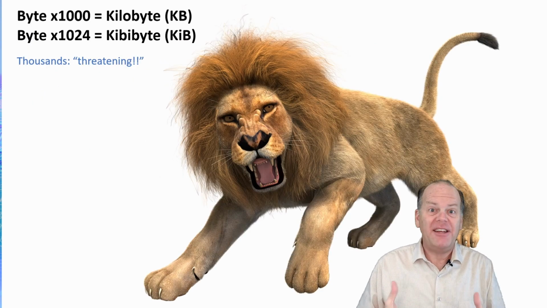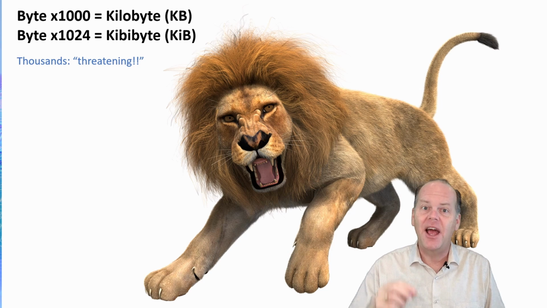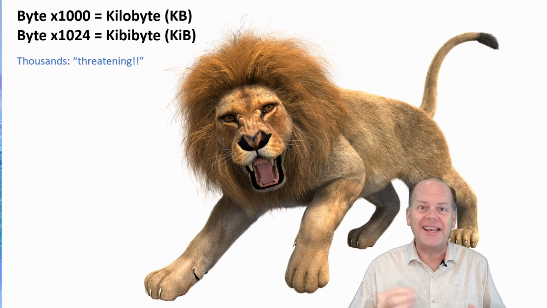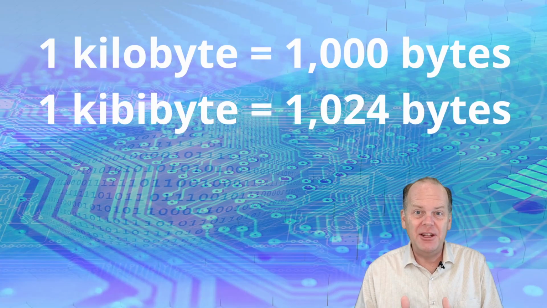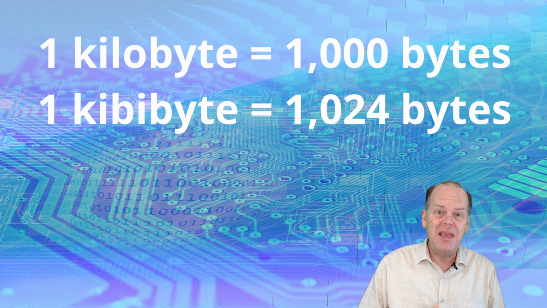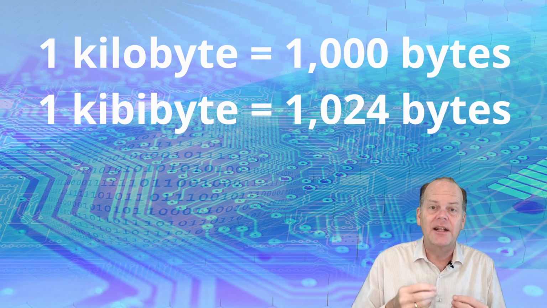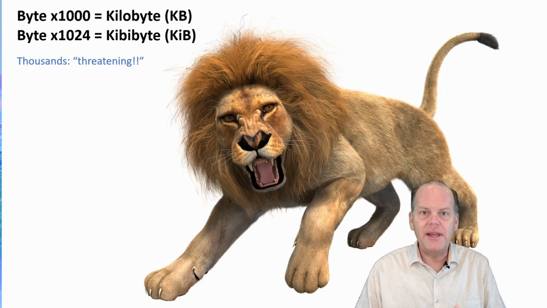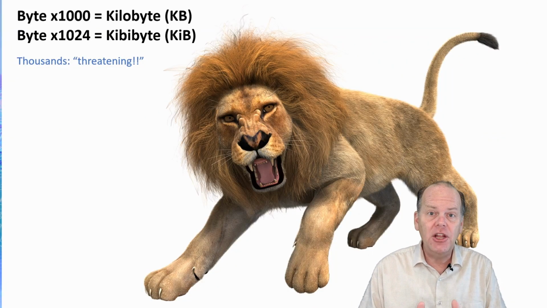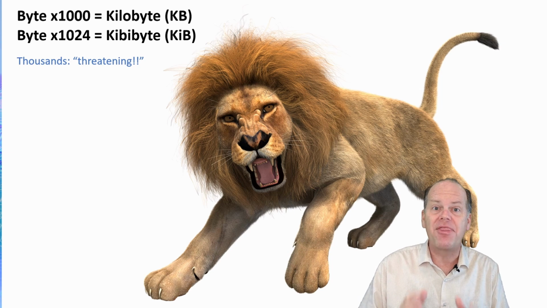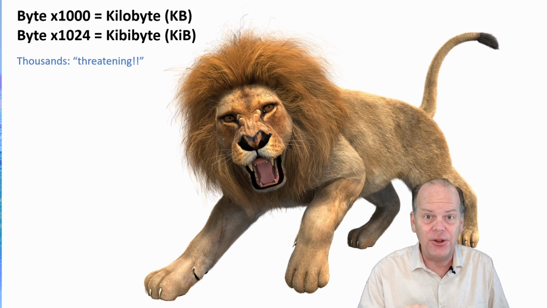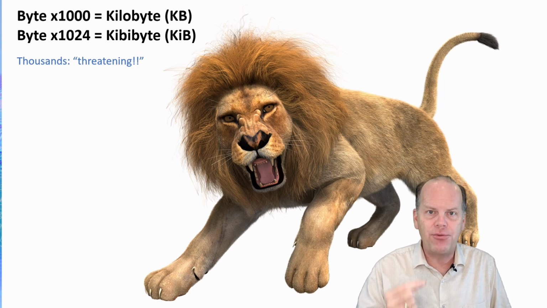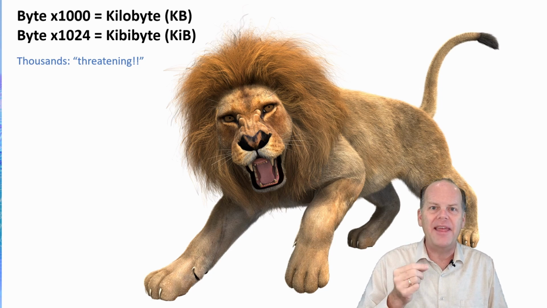First, we start with a picture of a lion, a killer kitty. This represents a kilobyte, or in binary, a kibibyte. Remember, kilobytes are in thousands, kibibytes and other things are in powers of 2, 1024. But for right now, we need to remember the term. Kilo, kibi, both refer to thousands, and we picture a killer kitty that's threatening us, and we'll remember that kilo